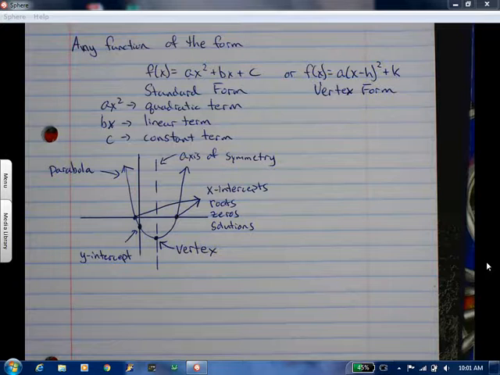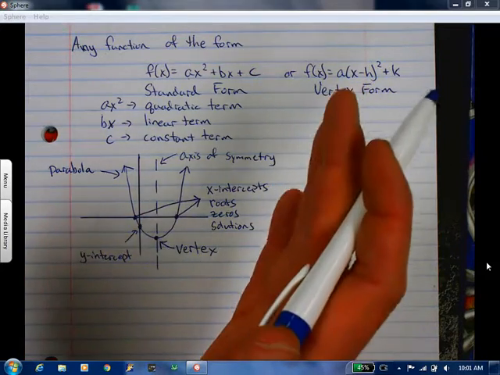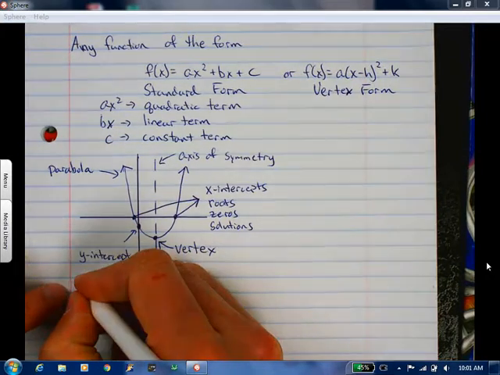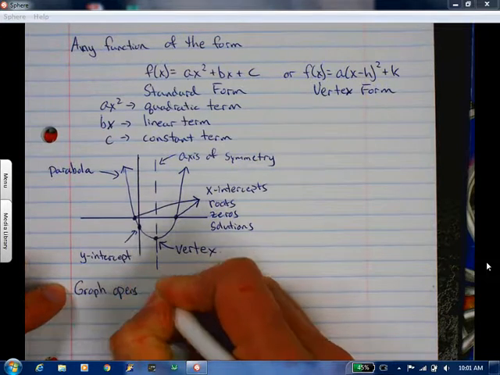Would you say this parabola that we drew is opening up or opening down? Which direction are the ends going? Up. So we say this opens up. Think of the bowl opening up. Okay? So underneath, I'm going to say graph opens up if